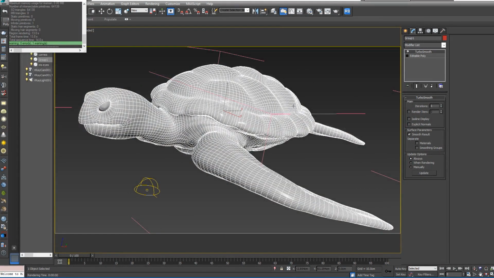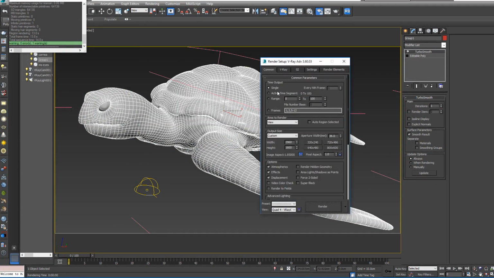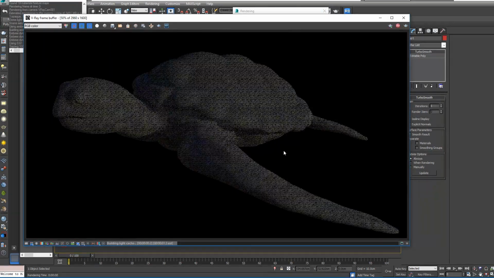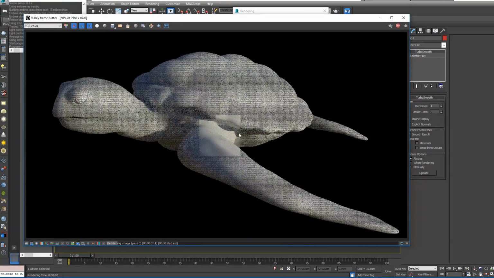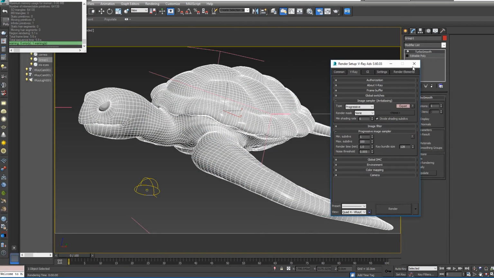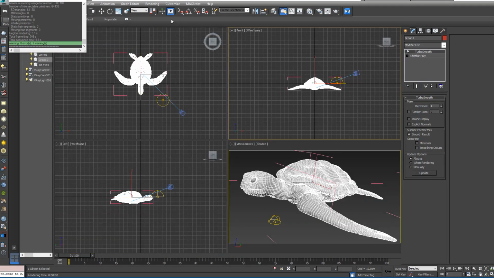We can also move to progressive rendering. Let's keep it progressive, and as you can see, it's much better, much faster. Again, escape. Now let's save it, Ctrl S time to time, don't forget to save it. Now let's press Alt W,